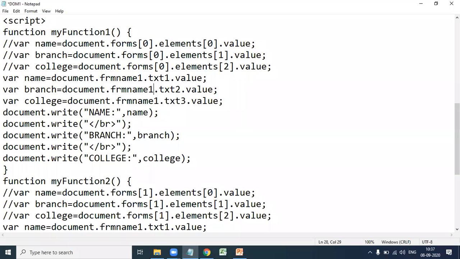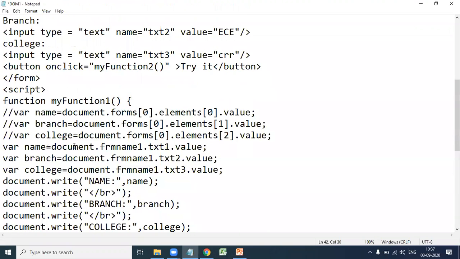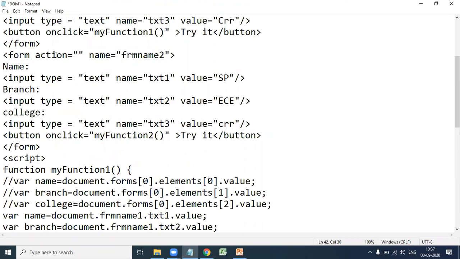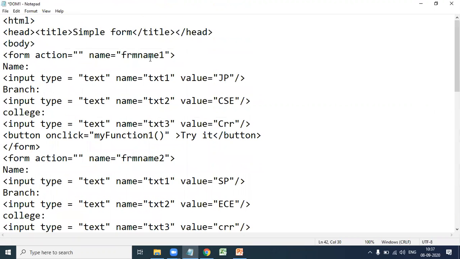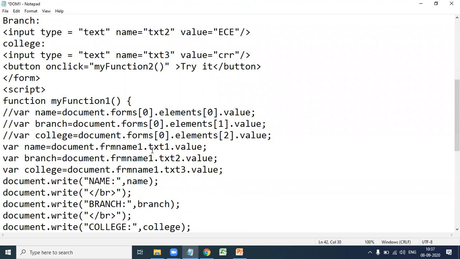Here, var name equal to document dot HTML document. In the HTML document there is a form with name FRM name 1. In the FRM name 1 form there is a text box, an element with a value.